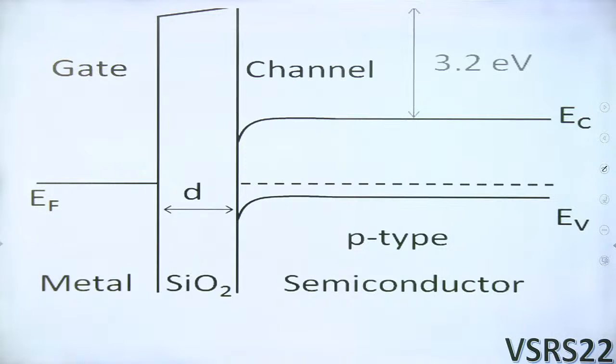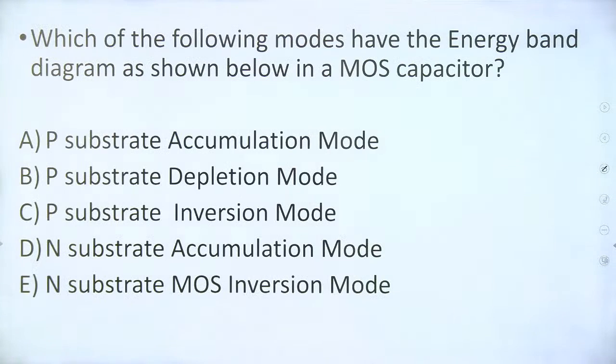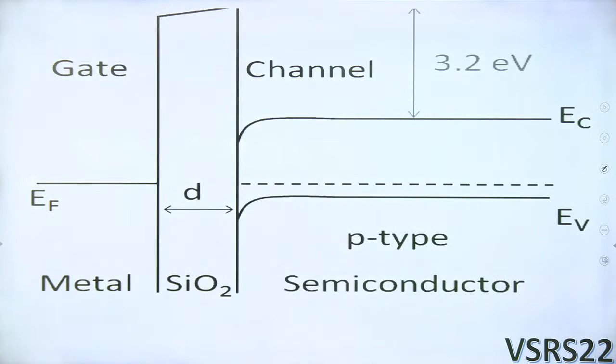Depletion operation is what somebody is saying. P substrate depletion is what somebody is saying. Okay. I think you can see the options there. I've got a few options. Yeah. So what is it that you can go for? I mean, as per the data, what do you think you can really go for?